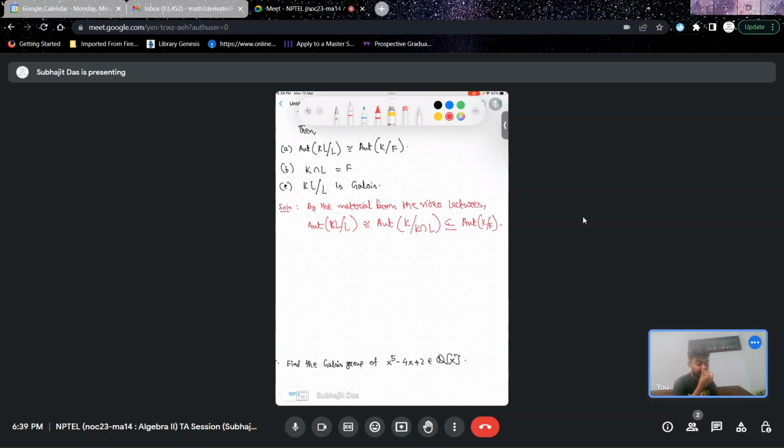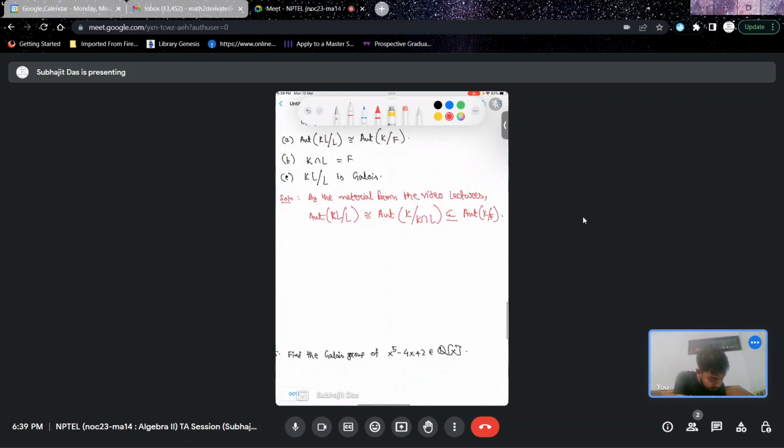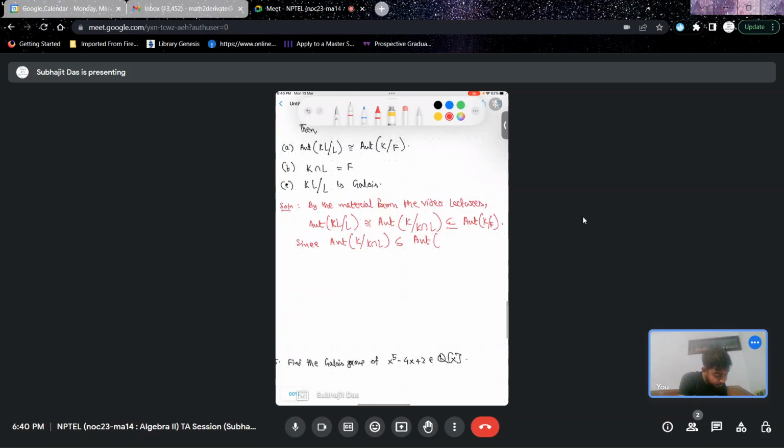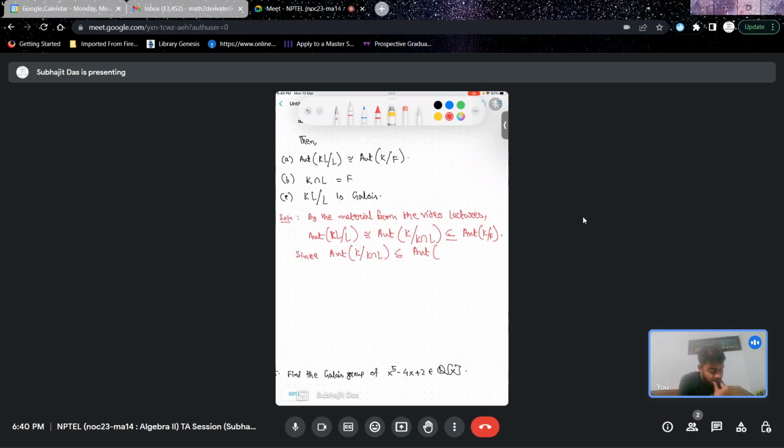Now we just need to determine which of these options are correct. The prime thing to tackle here is option B, which says that K intersection L is F. This is what we are really interested in, and if we know that this is true or false, then we can conclude about options A and C. So let's just focus on B for the time being. Okay, so since Aut K over K intersection L is a subgroup of Aut